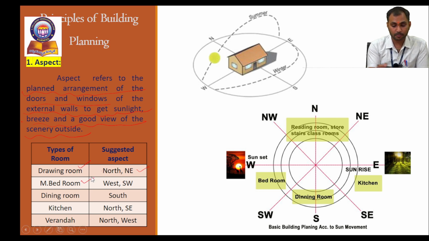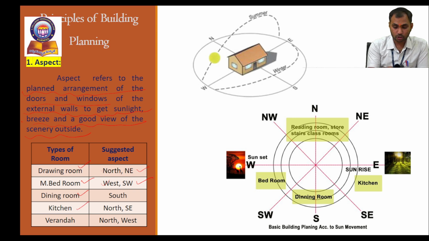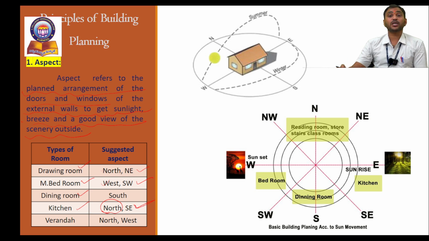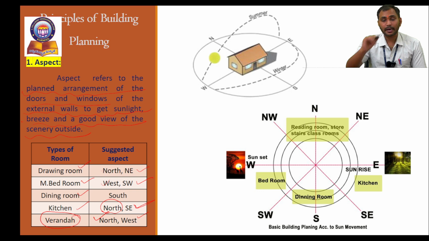Next, the master bedroom is going to be provided in the west direction or the southwest corner. Next, the dining room is going to be provided in the south direction, or in between the kitchen room and the master bedroom. Next, the kitchen room: in some conditions we can prefer north, but in most conditions we have to follow the southeast direction. When coming to the veranda, we can provide it on the north or east, or some west faces also we can prefer. So, when coming to the aspect